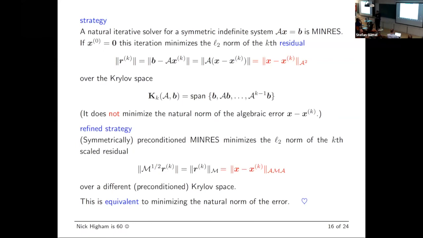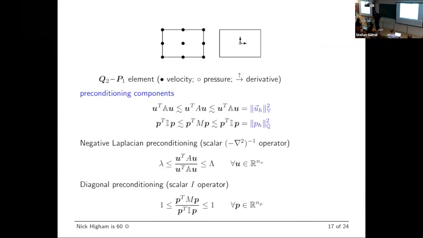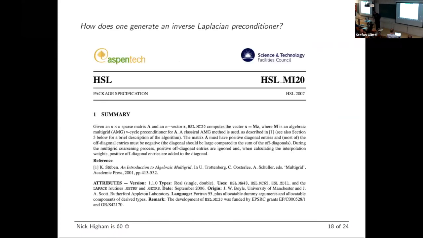But you don't know the equivalence constant in the bound, because you've approximated B A inverse B transpose by M. So you need to do two jobs now to precondition this operator. You need to precondition the M part and the A part. M is a diagonal matrix, that'll be straightforward. What about the A part, this biquadratic approximation of the Laplacian? Well, this is pretty standard now. It wasn't when we started writing the code.